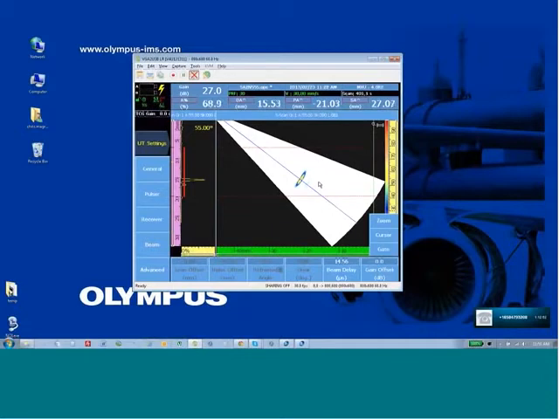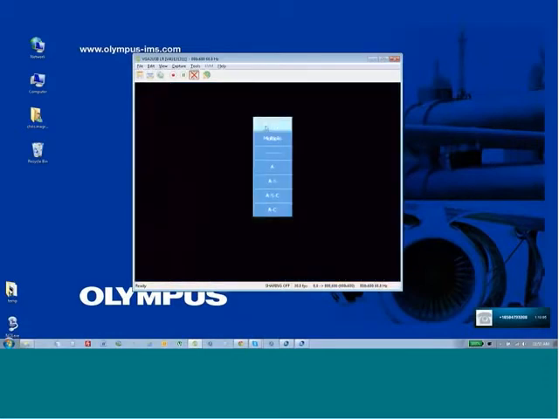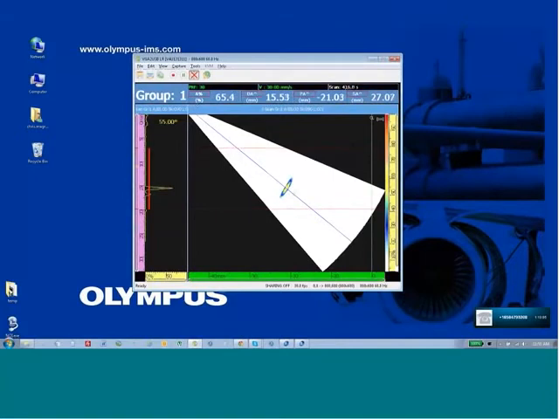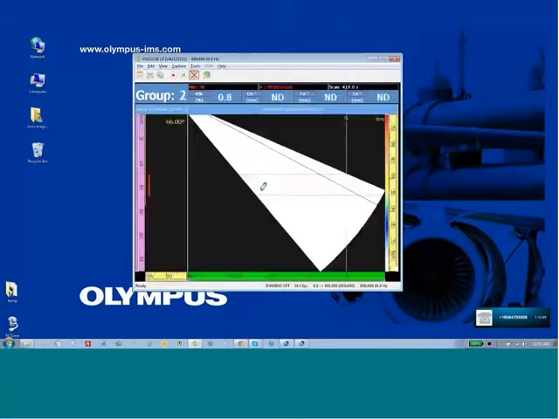Function key, angle, and I can go full screen and change to group 2, which is a 32 element aperture of the same probe. So we can see the detectability, the size and shape of that 15 millimeter deep hole is of very good